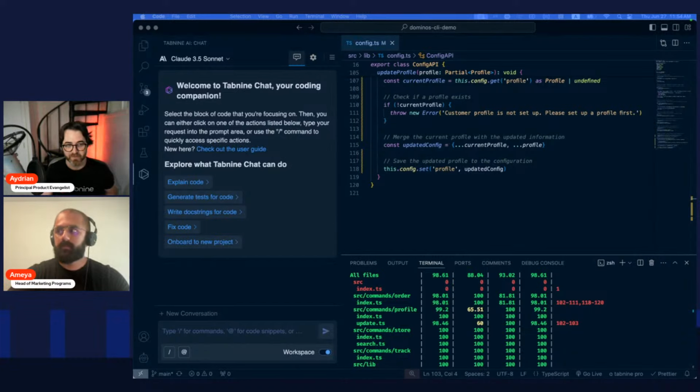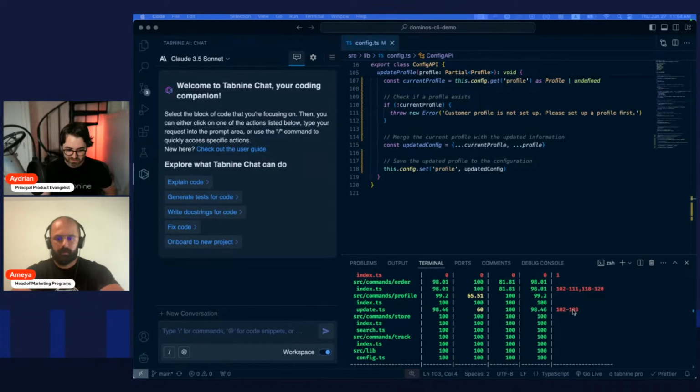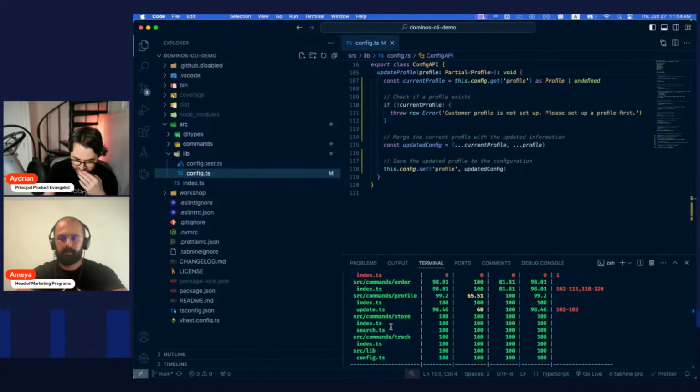I'm on my wrong notes. So where is it happening? I think it's on the update. I introduced some more uncovered tests here. As it turns out, I just recently did an update to this application. That's my bad. I didn't follow the instructions. So let's go take a look at this file.